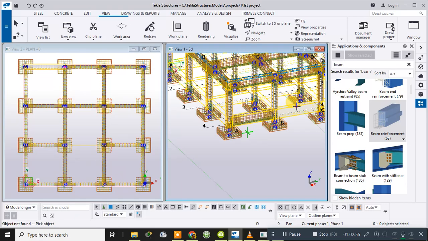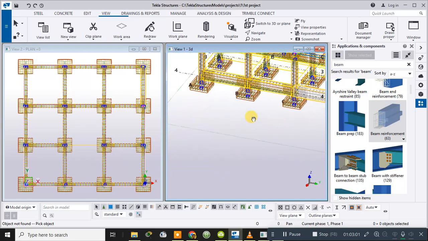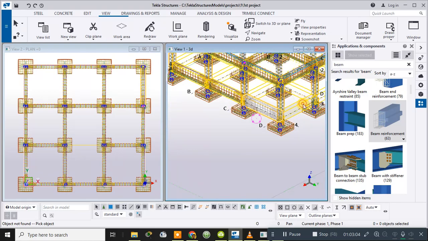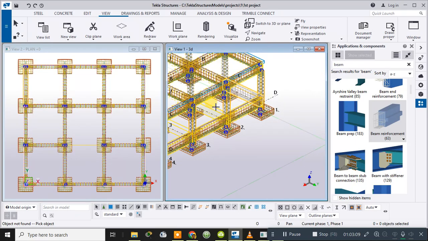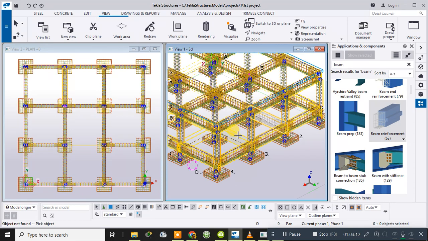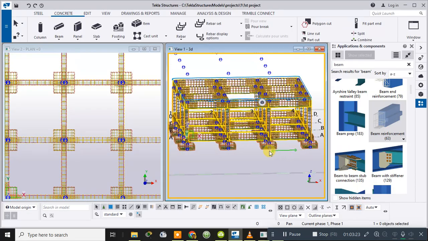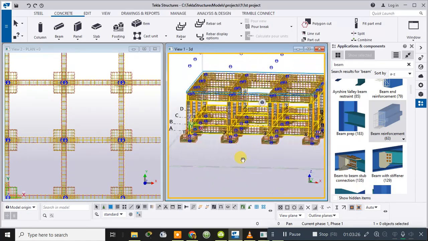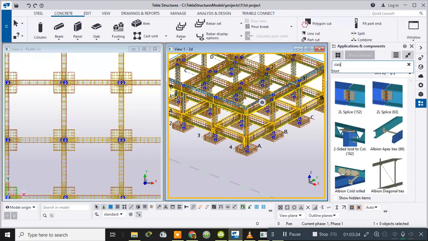Now I will be creating the reinforcements for the bottom beams, that is the tie beams. Let me pause the video, and in a similar manner I will create all this. So I hope you can see now my reinforcements are created everywhere in all the beams, columns, footings, then starter bars, everything is now created. Now I will create the reinforcement for the slab,